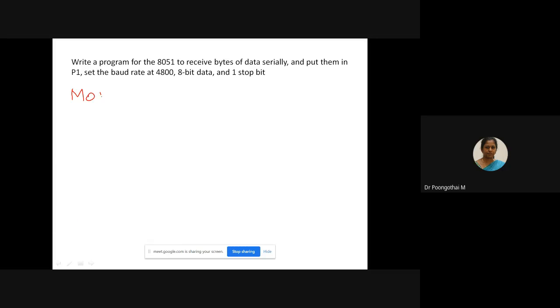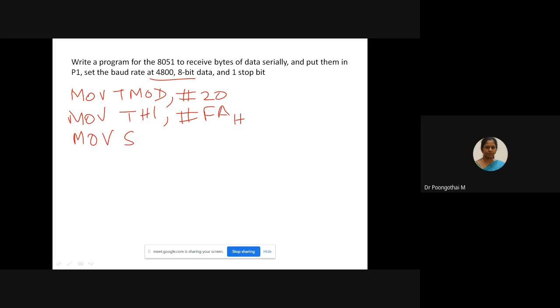So move TMOD, #20, timer 1 in mode 2. Next, set the baud rate. Load the TH1 value with FA for 4800 baud rate. Next, initialize your SCON register